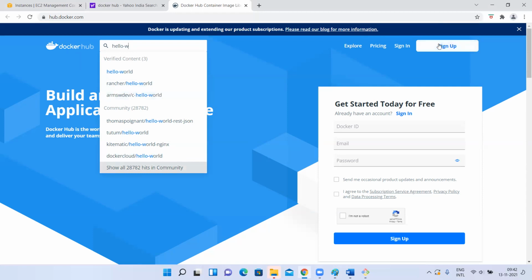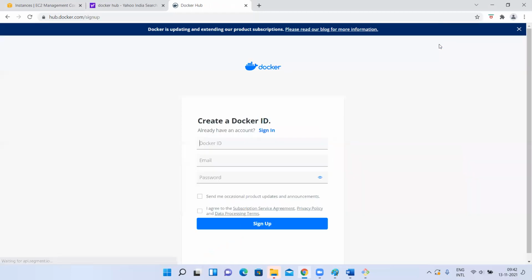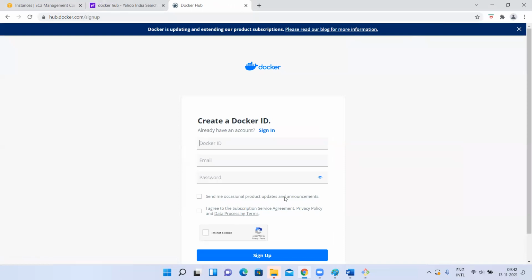You want to sign up for your Docker Hub, right? You want to push an image into your Docker Hub. So in that case, you need to sign up. You need to sign up into your Docker Hub and then get a valid username and password. So for that, you have to give a username. For example, I want to give like this,